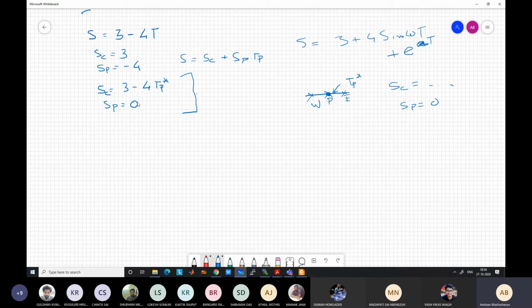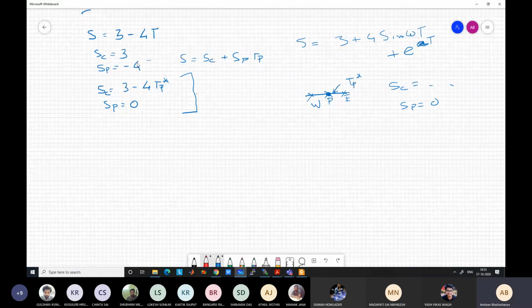Although it is a lazy approach, this is also beneficial in many cases where the source term is so complicated, depending on the physics, that linearizing it becomes very difficult. In that case, this approach is the best, taking everything in the constant part like a simple iterative approach, and the SP part as 0. But obviously the first approach is better because we are approximating the source term in a more accurate way, by putting SP equal to -4.